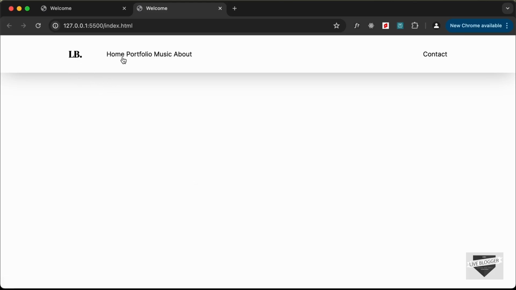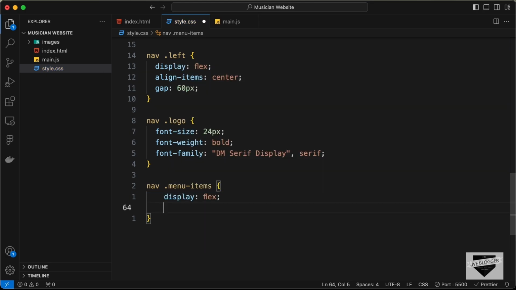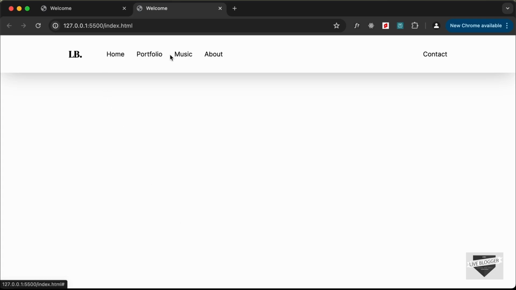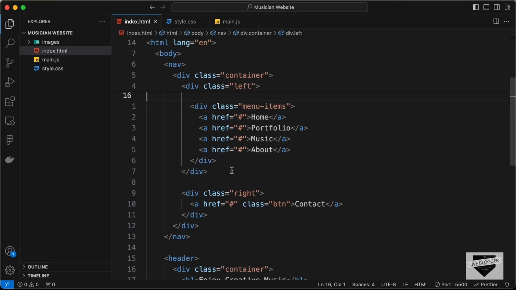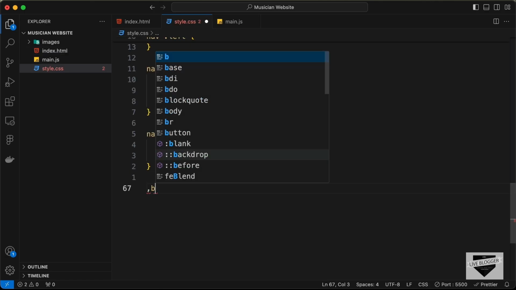Right now let's style these menu items. So let's type nav, and we have a division with the class of menu items. So let's set the display to flex, and let's add a gap of 30 pixels. So this is our menu items. Right now let's style this button. So for the button we have this class of btn. So let's type .btn,